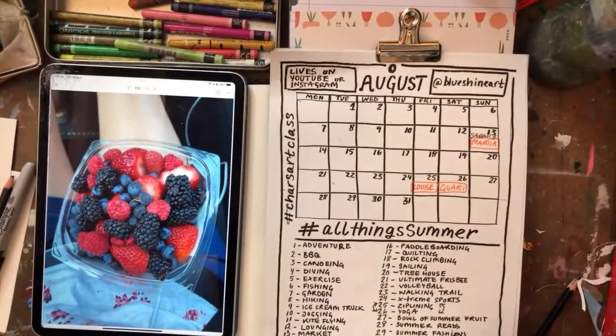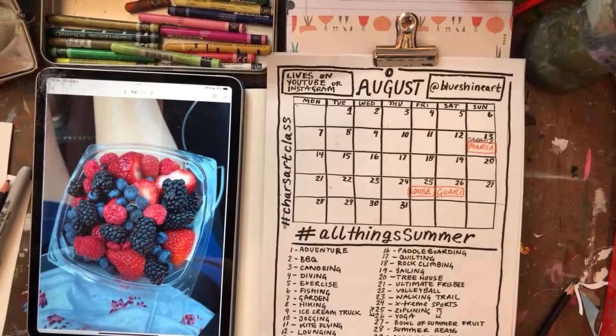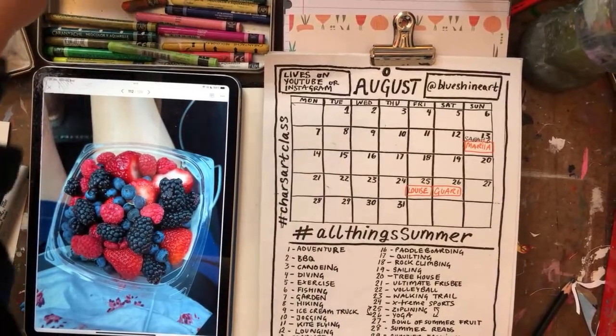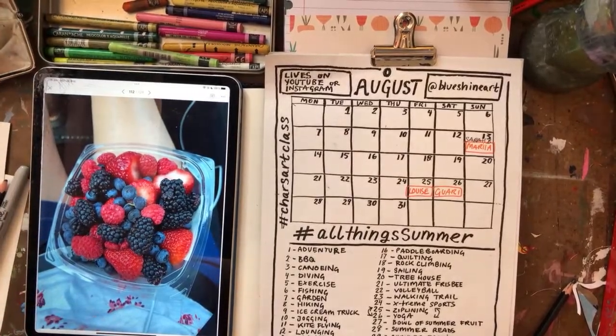The 27th, 2023. It's August 27th. And we are doing a bowl of summer fruit. Let